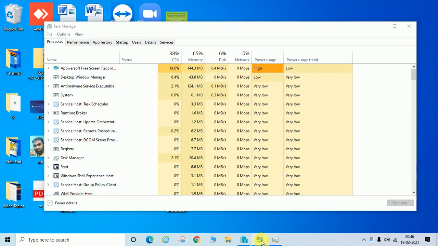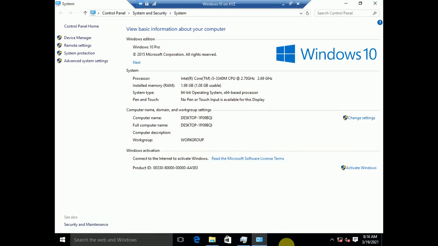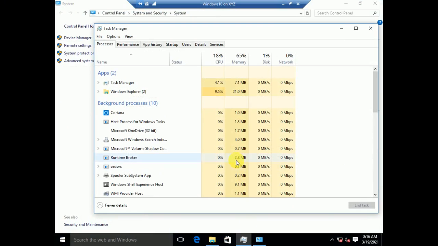Like you can see here, this is another machine which is not updated to version 20H2. So here you can see in the process tab only CPU, memory, disk, and network options are available.